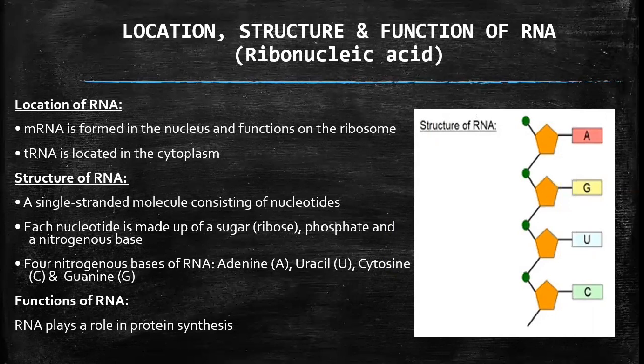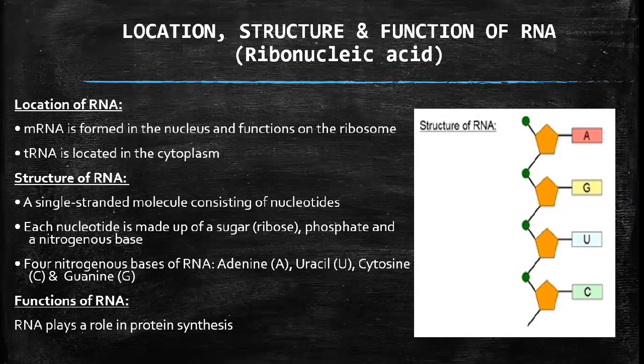So for RNA, guys, we call it the ribose sugar. The sugar found there is the ribose sugar. This part here is a ribose sugar. Now, the location of the RNA. So mRNA, which is what we call the messenger RNA, is formed in the nucleus and it functions on the ribosome. So we've got RNA that is formed in the nucleus, which means it's located there in the nucleus,